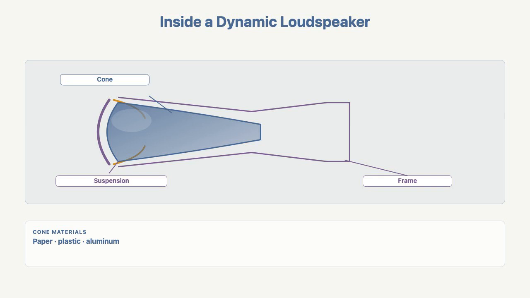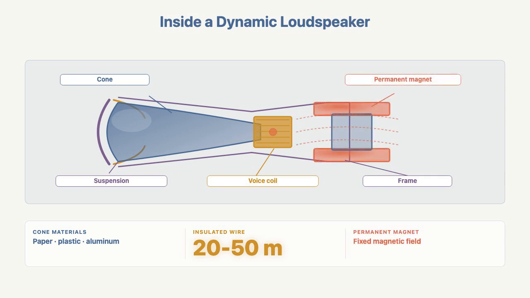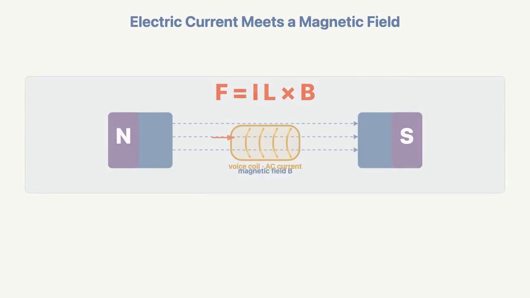The voice coil is a cylinder of insulated copper wire, often only 20 to 50 millimeters across. The permanent magnet creates a fixed magnetic field inside a narrow circular gap. The spider and surround keep the coil centered in that gap, because the coil scraping the magnet is the mechanical equivalent of a scream. The amplifier sends alternating current through the voice coil, while the permanent magnet supplies a stationary